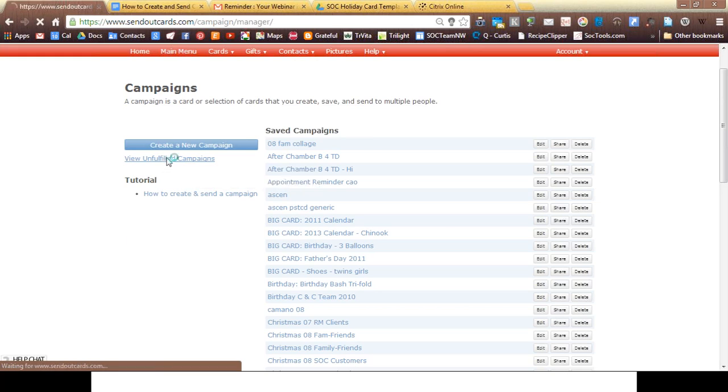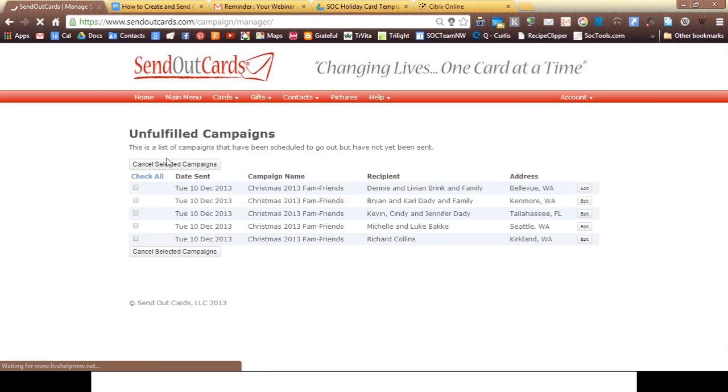Now, one of the reasons I really like coming from this location and using this process to bring up the cards in the card history is because it names the campaign. So at this time of year, you may be doing your Christmas cards and your Thanksgiving cards and your New Year's cards around the same time. You might have cards for your family and friends and for your prospects or for your work people, your church. So you can have a bunch of different campaigns in the queue at once. And this way you can easily sift through them and